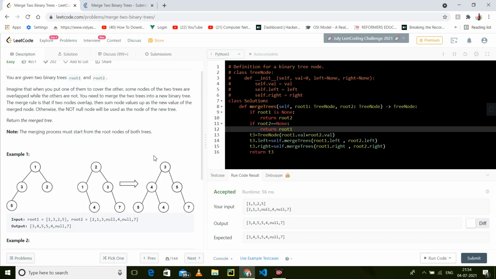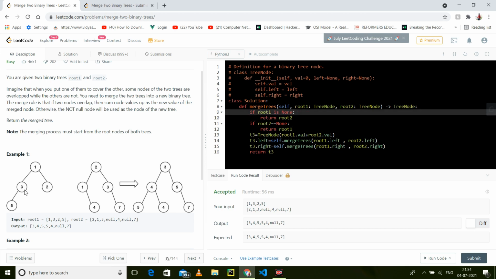So what I have done is I have just made the 3 and I have called the left and right. When I call for this right, when I call root of right, it will go, then root of 1 is None because this is None.